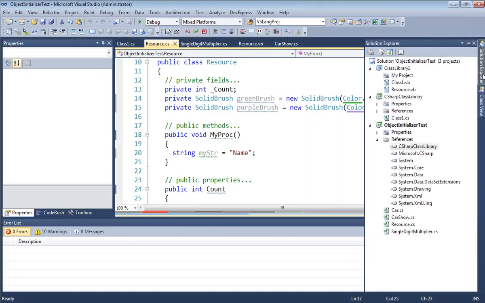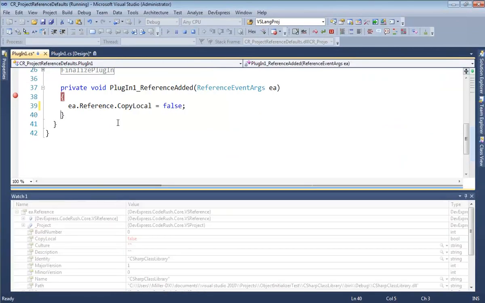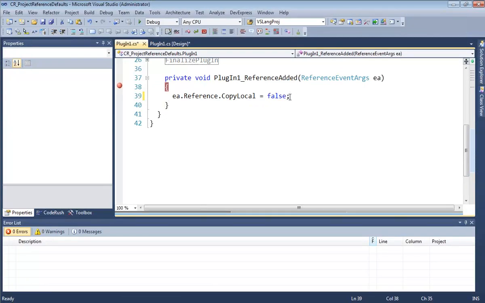Let's actually, before I do this, let's remove it, and let's save and shut down. So we're shutting down, and we're going to come back. In order to go beyond this, we're going to have to delve into areas of Visual Studio that CodeRush does not protect you from. So as a result, let me do one other thing too,